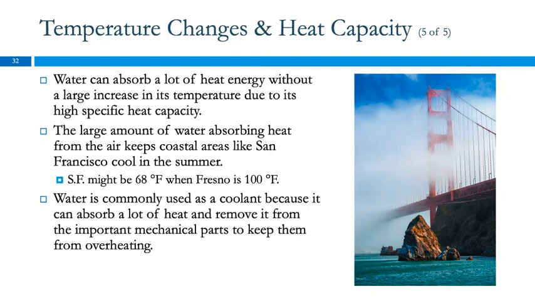So what happens here is, during the day the sun shines down and it hits things and heats them up, right? Well, things like metal and concrete, the energy from the sun causes their temperature to change significantly, causes the water temperature to change only a small amount. So the water on the surface of the ocean, on the surface of the bay, warms up a little bit from the sun. Then the sun goes down, and that source of energy,